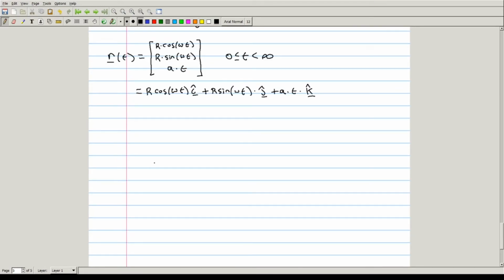So the velocity vector for the helix is the first derivative of this expression right here, which in terms of our vector notation is going to be negative omega r sine of omega t as the first derivative of that first component, omega r cosine of omega t, and the derivative of this expression of a times t is just a,